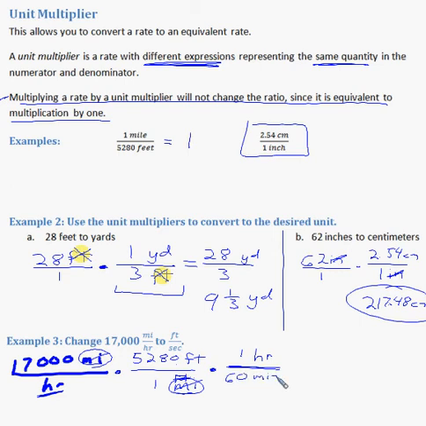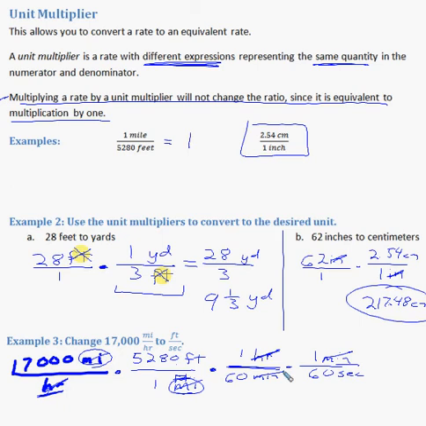But again, I don't want minutes. I want all the way down to seconds. So now this hour will cancel with this hour, but now I have minutes, so we're going to think, okay, I want to cancel that minutes, and so there are 60 seconds in 1 minute. These minutes will cancel. And you guys can multiply it on your own, I'm not going to multiply it here,